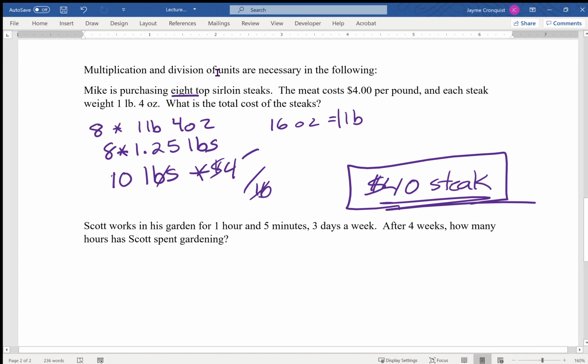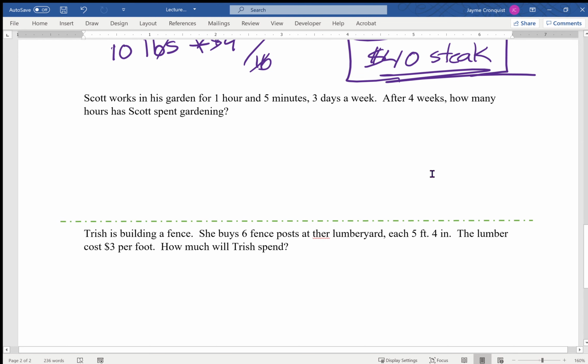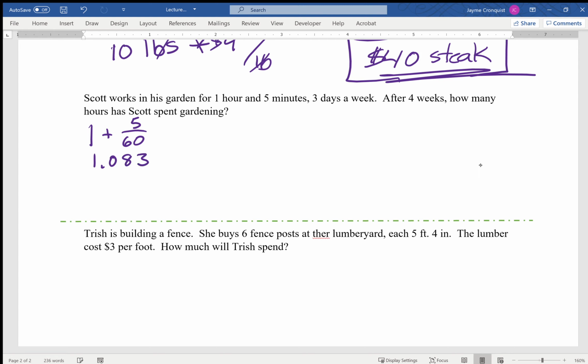Yay! All right. Scott works in his garden for 1 hour and 5 minutes, 3 days a week. After 4 weeks, how many hours has Scott spent gardening? All right. So, 1 hour plus 5 over 60. That gives me what portion of an hour that is. So, 5 divided by 60 is 0.083. So this is 1.083 hours,